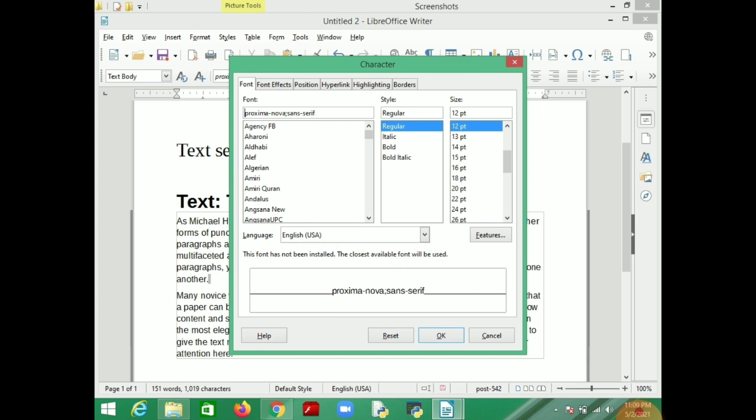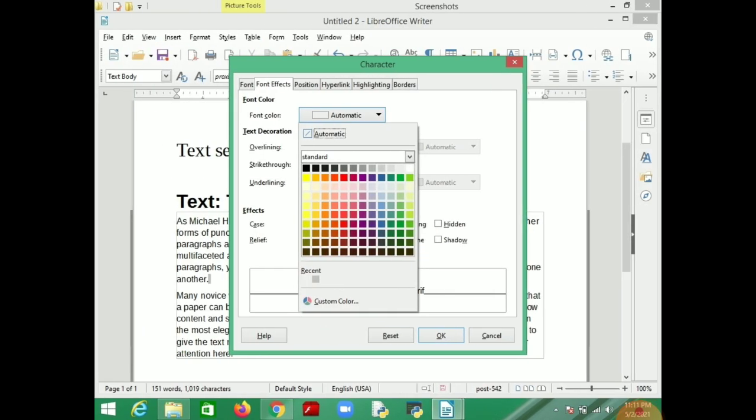You can make it italic, bold, bold italic. You can change the font effect, font color, which color you want for your text, your characters. Text decoration you can do, overlining you can select, strikethrough, underlining, effects you can select.